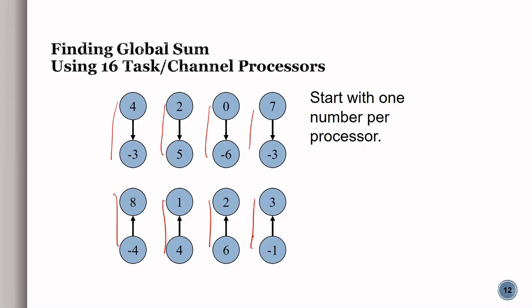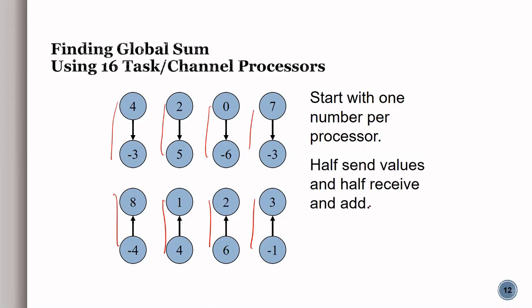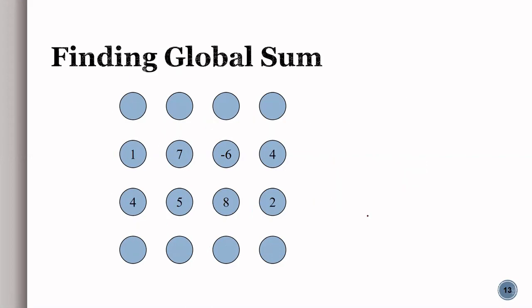One sends the value and the other receives the value and adds it. Finally, in the next step, you can see each of these processes saves the new sum. Now let's see, the next set of communication happens between these pairs. As you can see, one processor is sending the value to the other. Now, each of these sums is stored in 4 different processes.